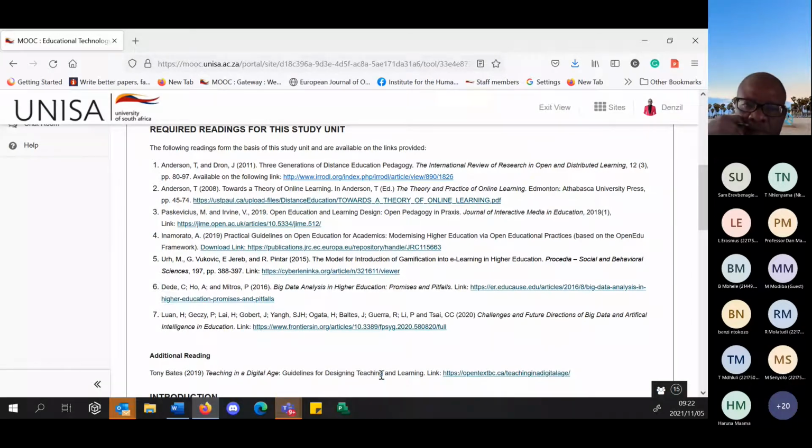Then the second one is by Terry Anderson, who is one of the leading educational specialists in education technology, and his work is really good. So if you want to see somebody who is proactive and progressive in his thinking, Terry Anderson is really at the forefront of these spaces. He talks about towards a theory of online learning. That's his second article. And then we look at the article on